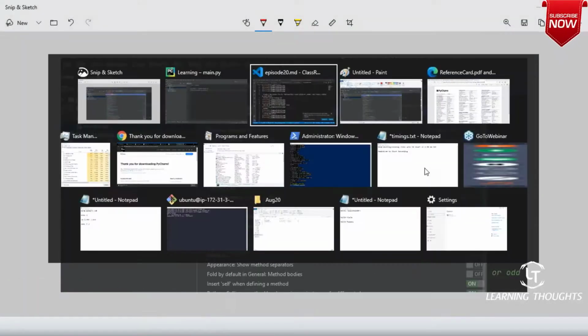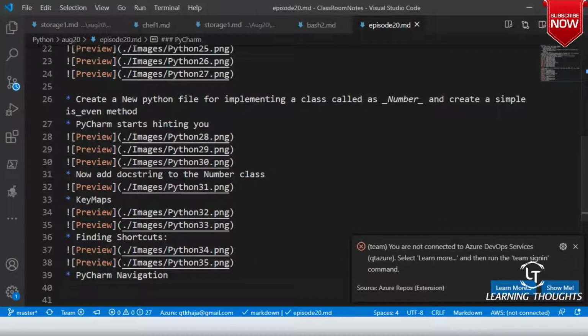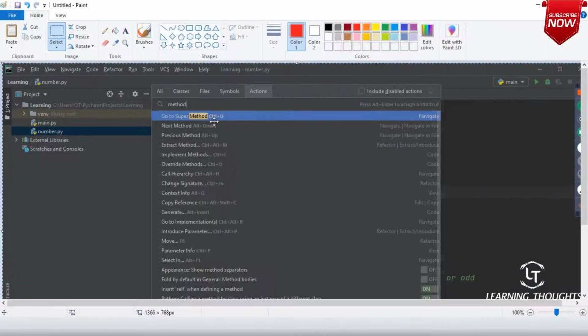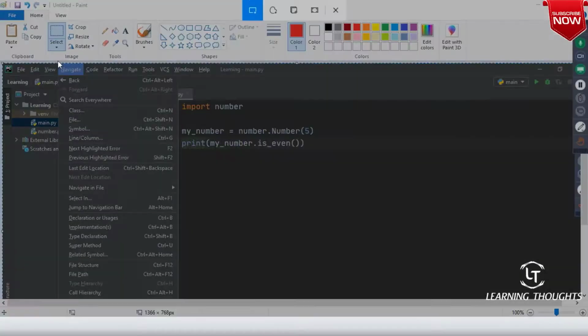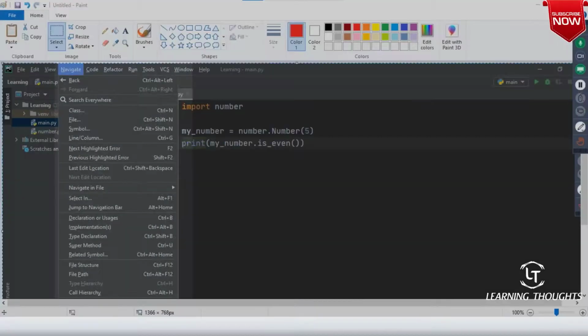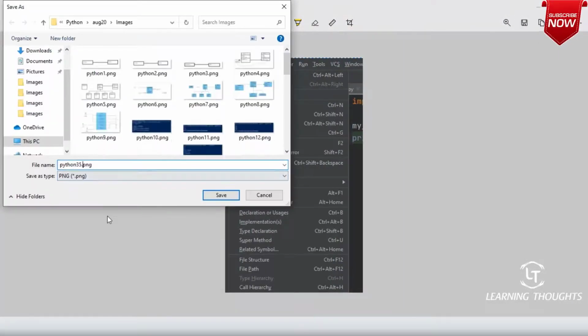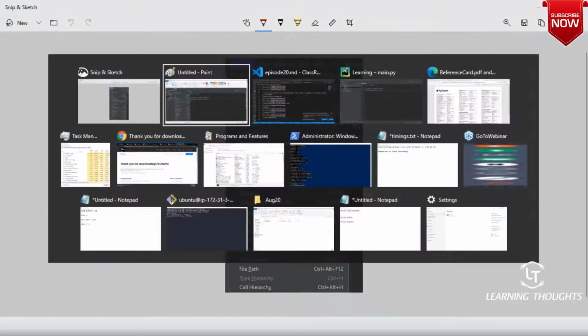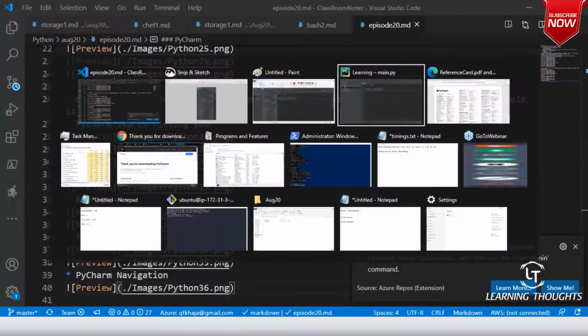So that navigation, okay, PyCharm navigation. Okay, right. Let me go over here and select this. This is a very interesting screen, and especially when we are working on huge projects, all of this will make a lot of difference. But for smaller projects, if you're writing scripts and all that stuff, it might not make a lot of difference. But as you start working on huge projects, this makes more sense, right?